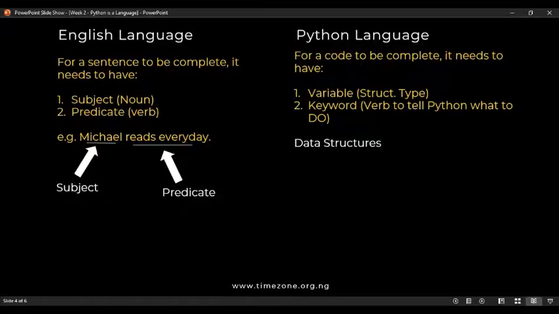If you notice, beside the variable, I put struct type, which means that a variable can take four different forms, all right? A variable can take the form of a list, it can take the form of a tuple, it can take the form of a set, then it can take the form of a dictionary. We're going to look at all of these in more details as we continue this session, okay? So, but just like in